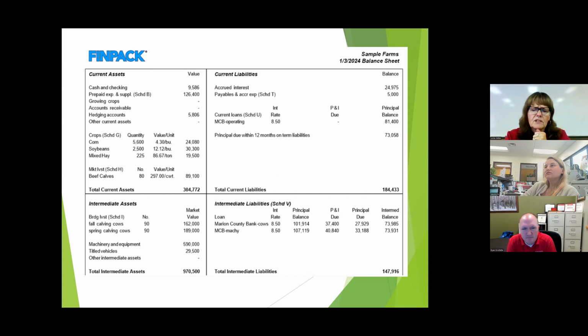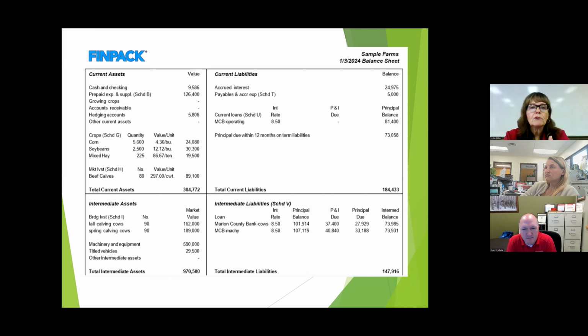Right now, I looked at the Eddyville price on soybeans for January. It's $9.99. So the statements that are done this winter might be substantially different than what this statement is showing. This was done last January. They had cattle. They had crop inputs that they had paid for already, and so their current assets were